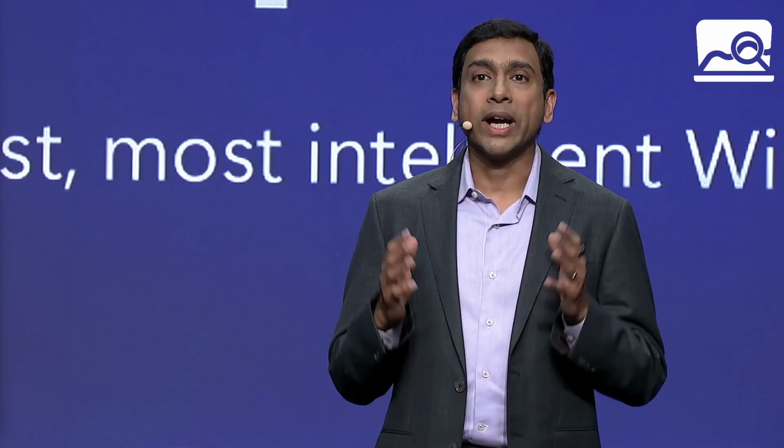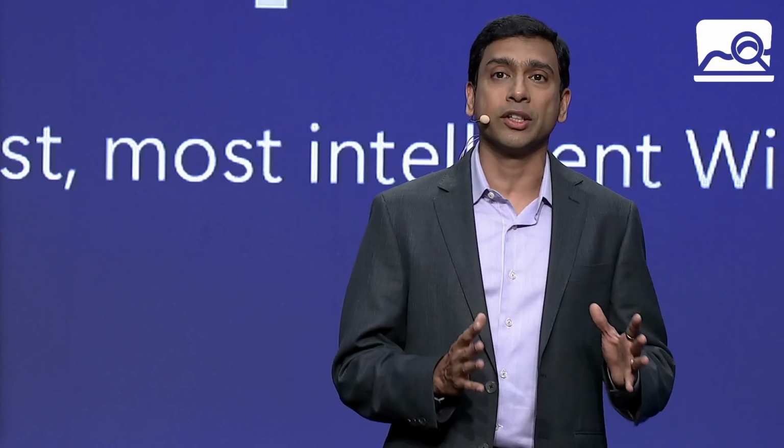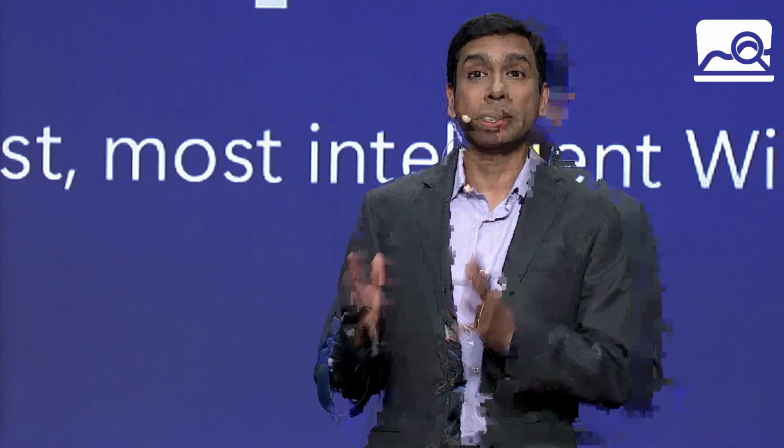In May, we introduced a new class of Copilot+ PCs with next-generation performance and powerful AI to empower even greater productivity, creativity, and communication. Copilot+ PCs are the fastest, most intelligent Windows PCs ever built. We're energized to hear that customers are loving their new devices, and our retail partners are telling us there's strong